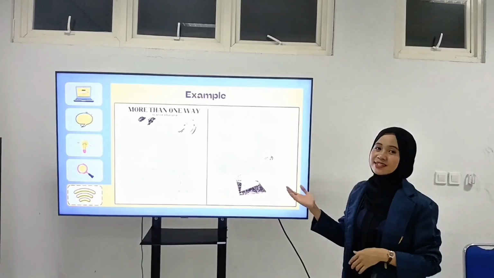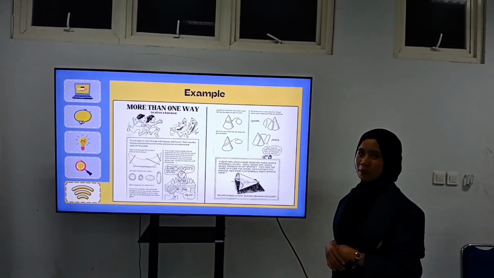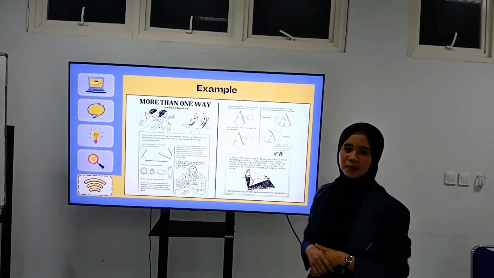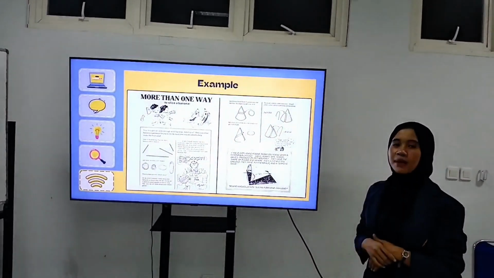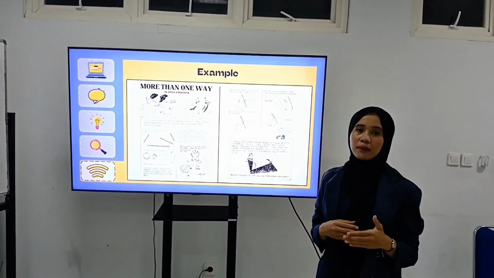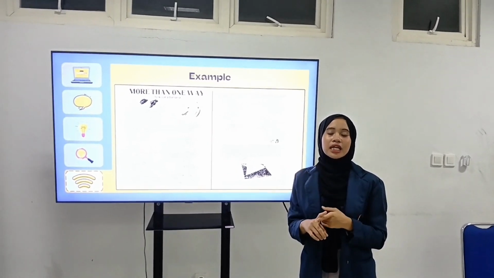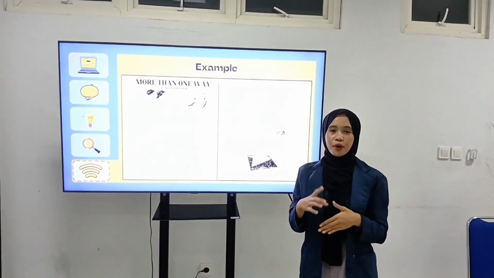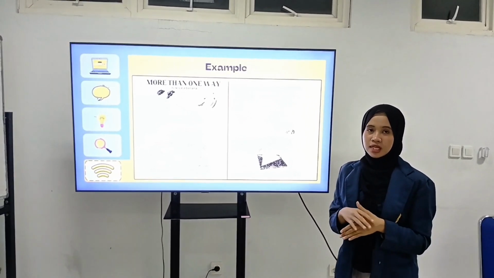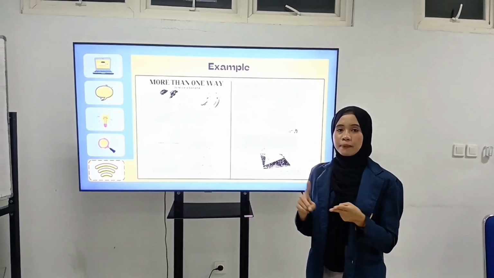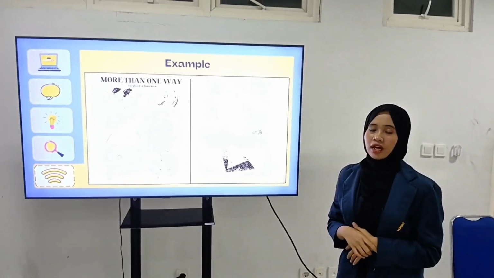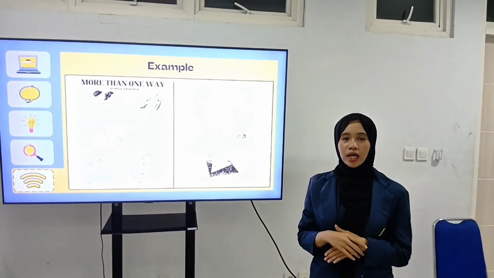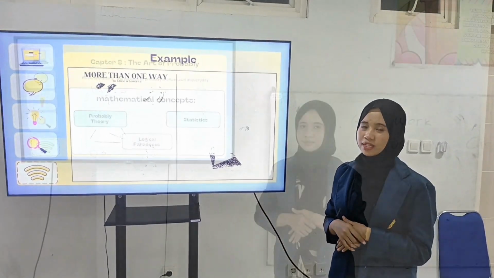Well, before we go to the example, I want to explain to you about geometry. Geometry is a branch of mathematics that deals with questions about shape. For example, slicing a banana can actually be a mathematical experiment. By cutting a banana in different directions and angles, you can produce different shapes, such as parabola, hyperbola, an ellipse, or a triangle. It shows that shapes appear when a banana is cut in a certain way.